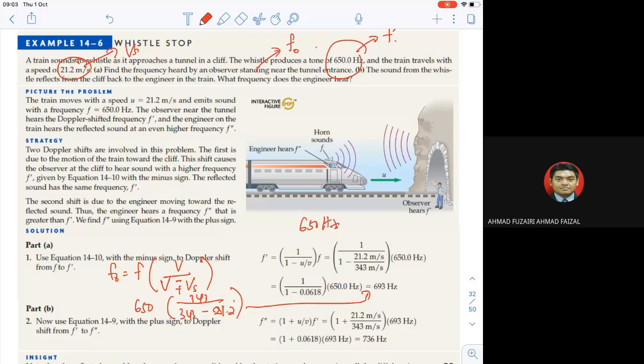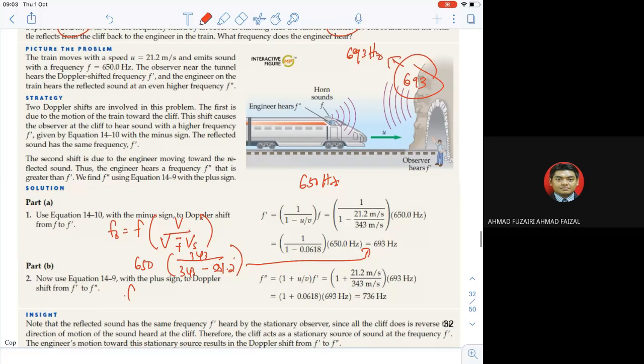Right now the frequency you are giving to the observer is 693. So 693 should be the original frequency, and right now we have a moving observer moving towards it. So we need to do